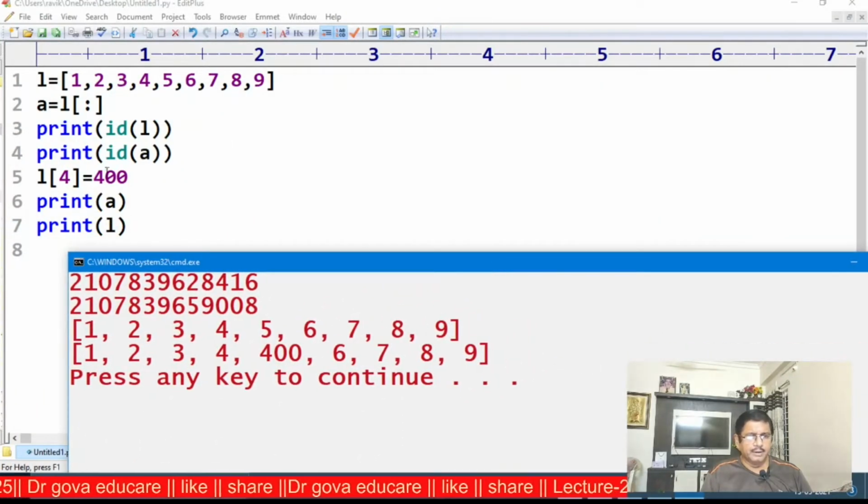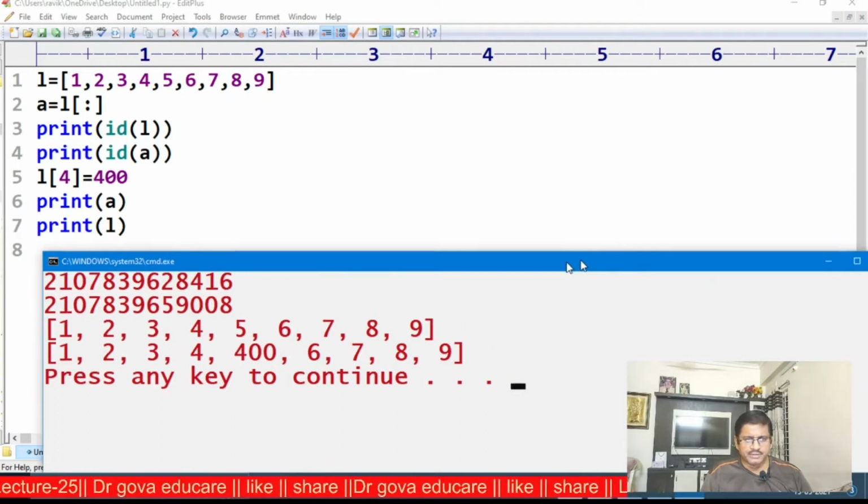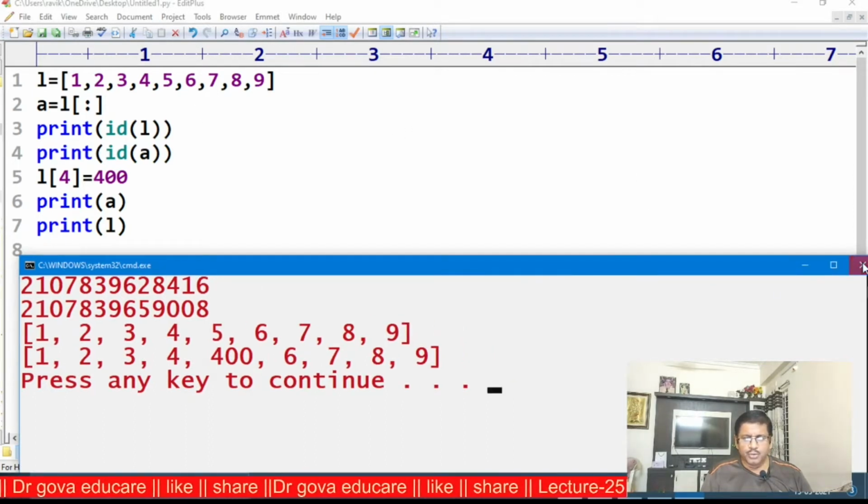What is the L? I am modifying this. This modification will not reflect on A. That means L and A are two different objects.